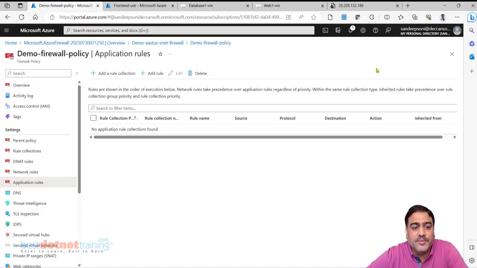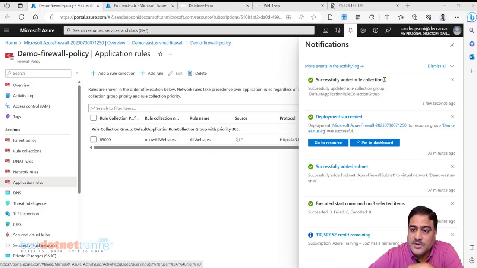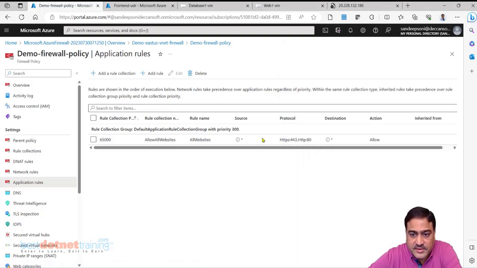First allow all the websites and then start denying the websites which we want to blacklist or block. You have no choice but to wait. This rule should be created and then only we can proceed. Done. And the rule is already in place here.